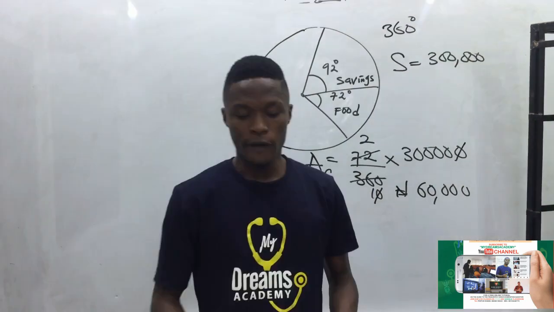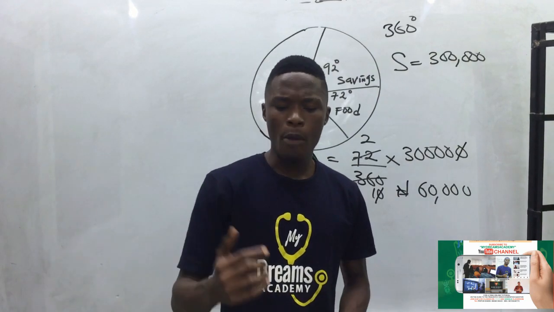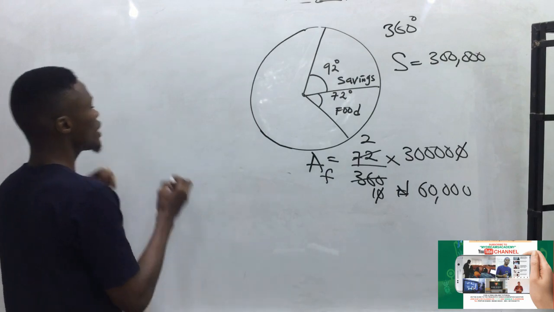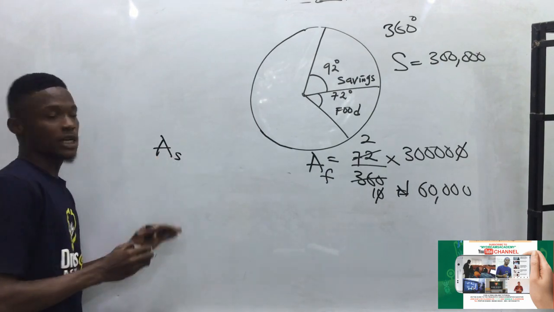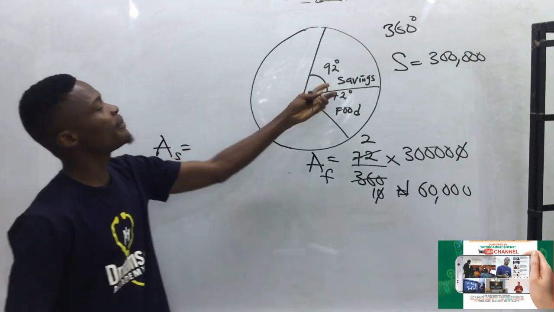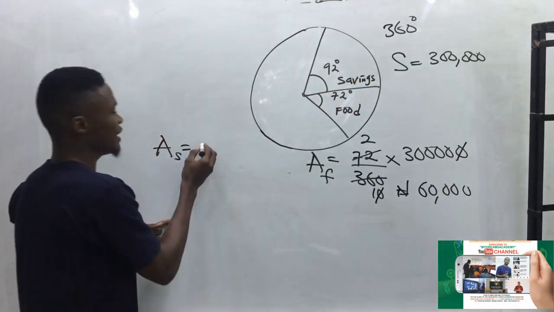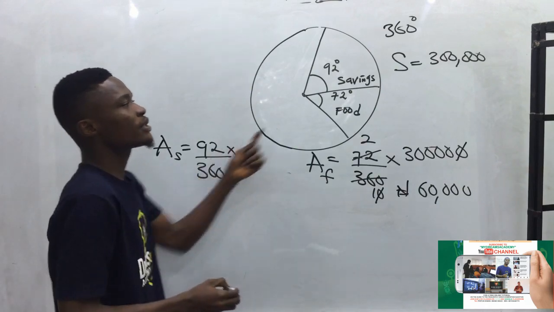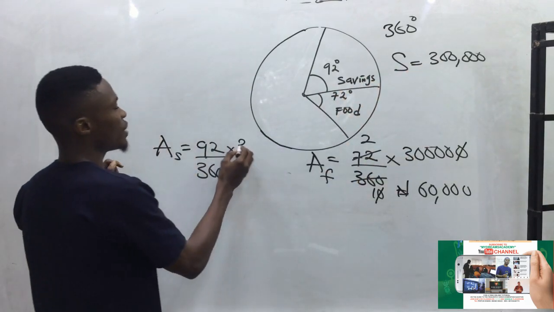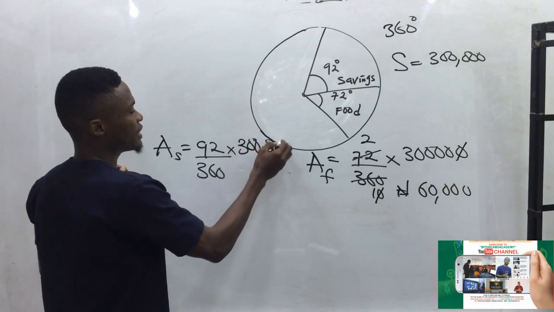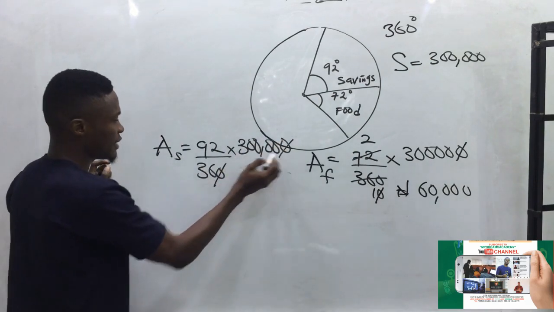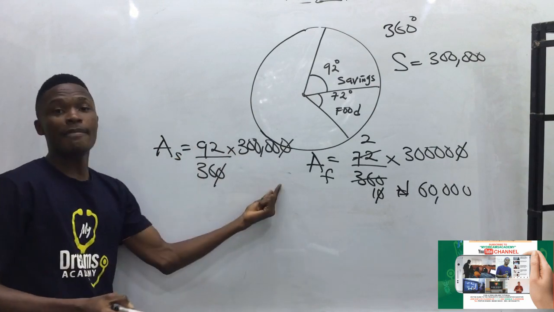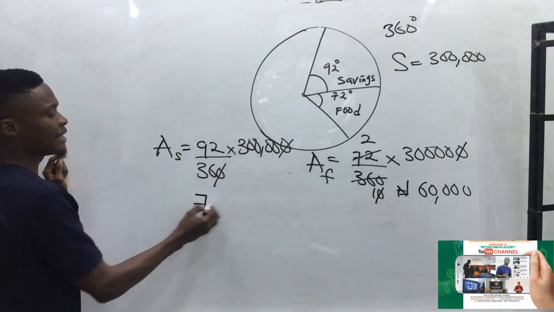So for the next question, which is number 9, they said, how much is his savings? If I want to get the amount that he saved, how do I do it? I will just simply take the angle for saving, which is 92, all over 360, times his total salary, which is 300,000. So 0 cancels 0. Now, after multiplying this and dividing by 36, I should be able to get